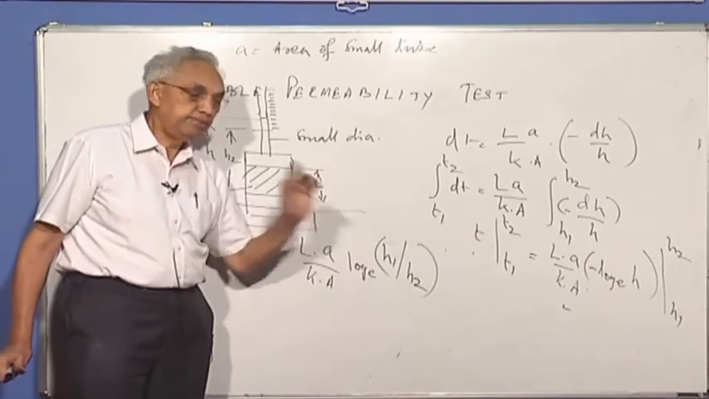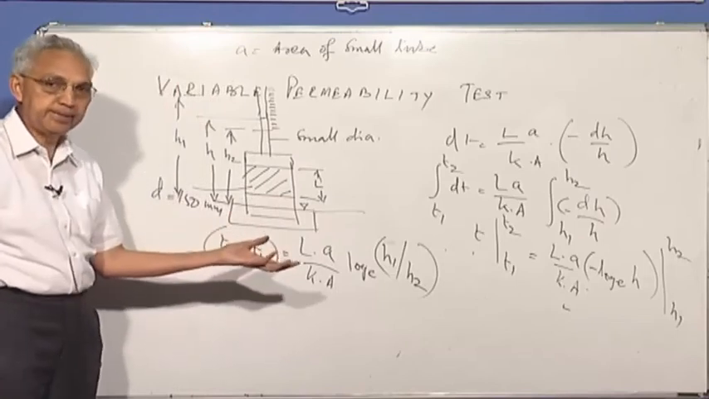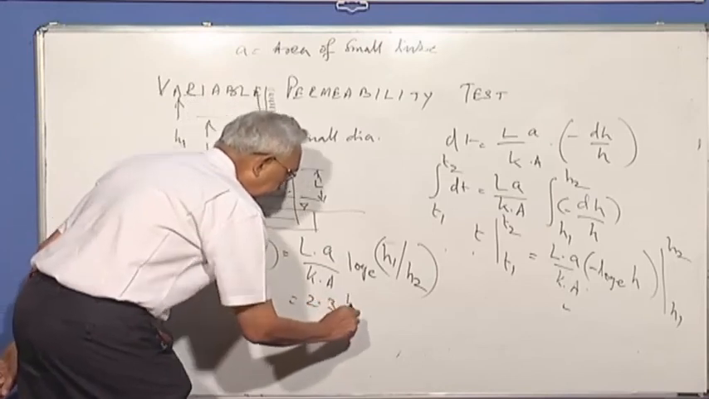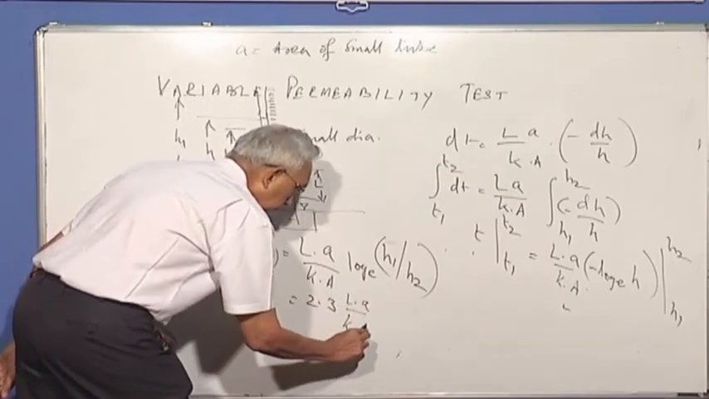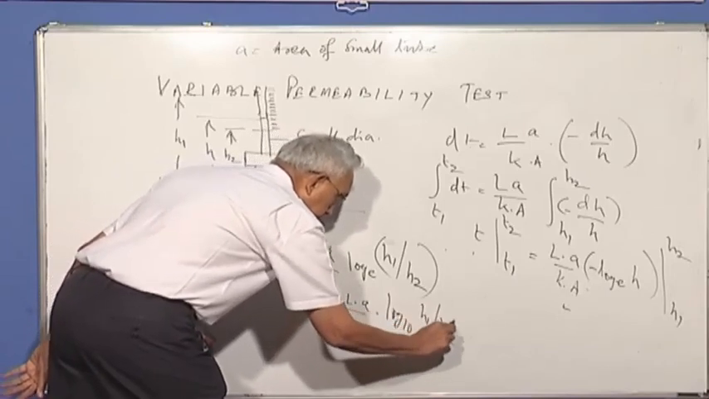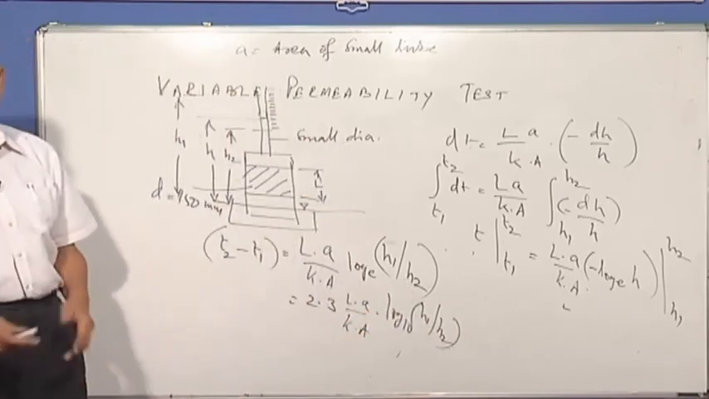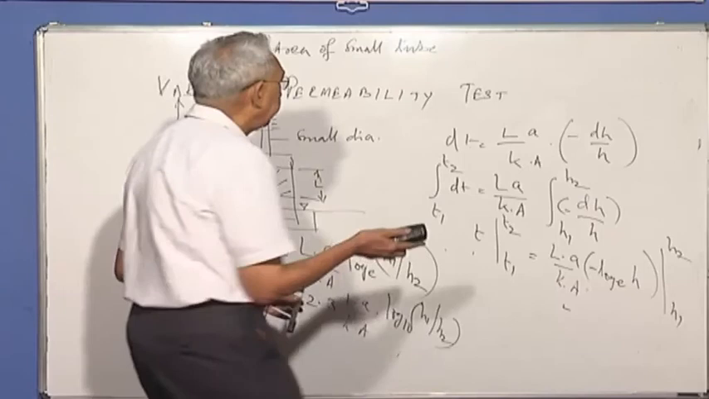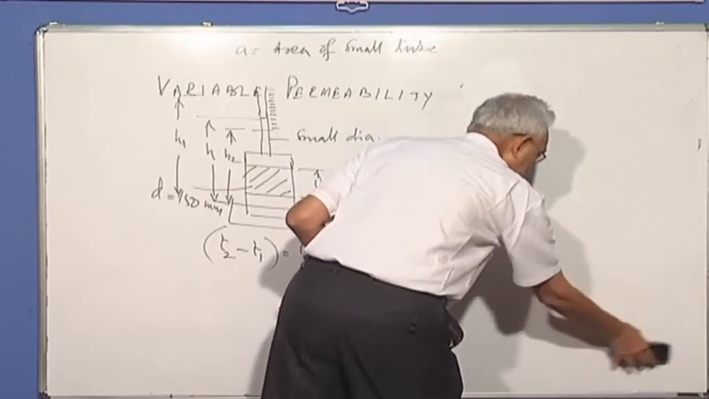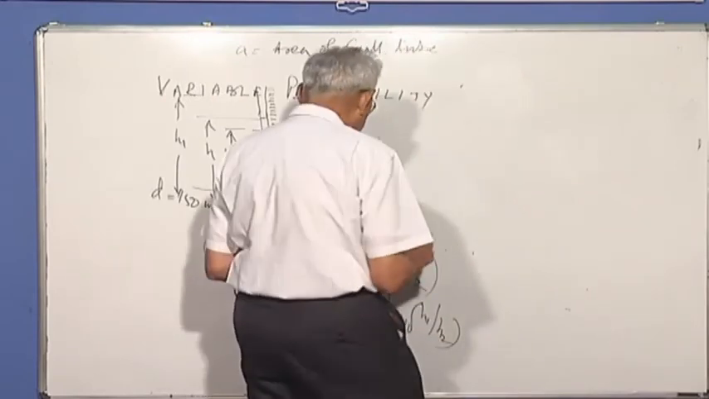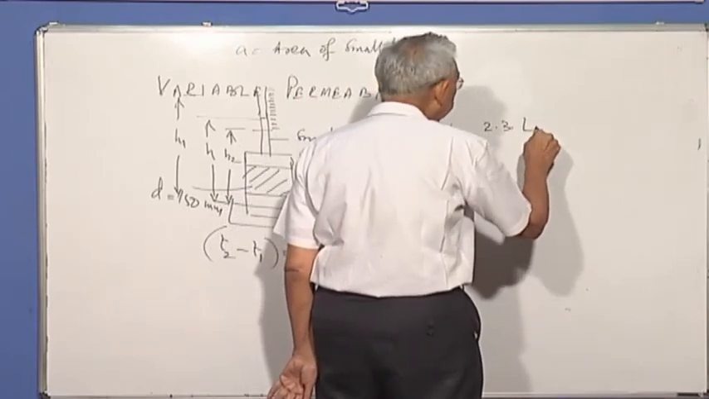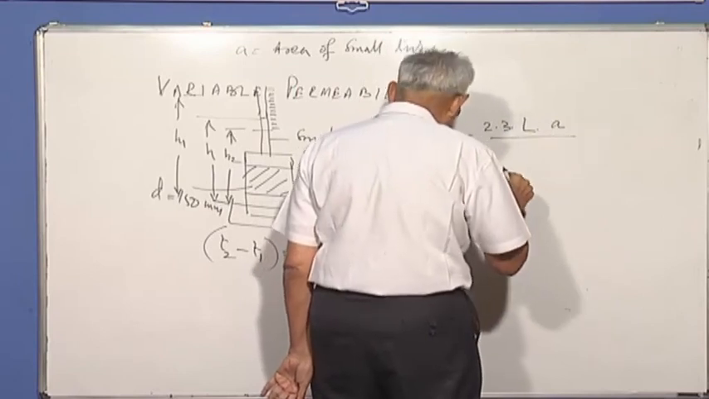When you integrate dh by h, can we convert that into base 10? So that becomes 2.3 L into small a, log to the base 10 h1 by h2. So to determine the permeability from variable head test, from this you can get k is equal to 2.3 length of the sample, area of the capillary tube by,